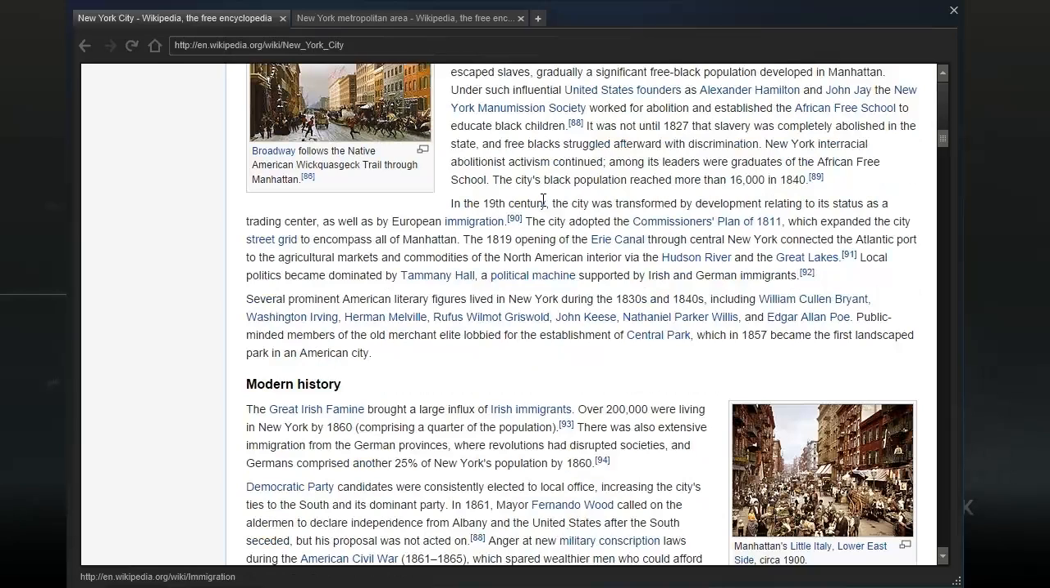In the 19th century, the city was transformed by developments relating to its status as a trading center as well as by European immigration. The city adopted the Commissioner's Plan of 1811, which expanded the city's street grid to encompass all of Manhattan. The 1819 opening of the Erie Canal,